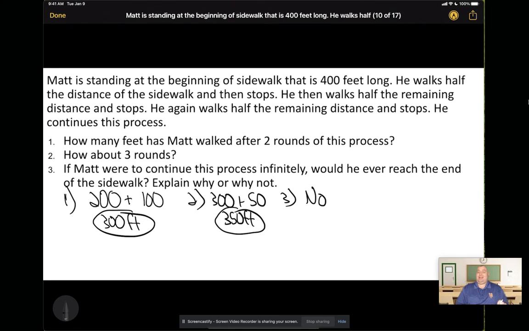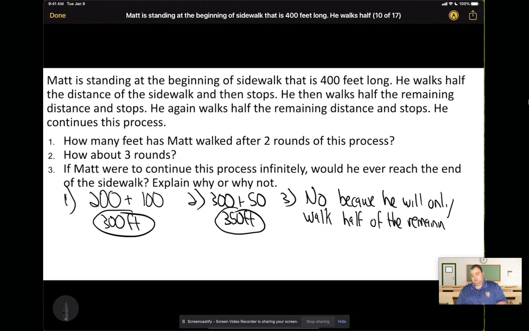Why is he not going to reach the end? Because he's only going to walk half the remaining distance in each round. So no, because he will only walk half of the remaining distance in each round. So again, he will get infinitely close to the end of that sidewalk, but he's never going to actually reach the end of it for the reasons